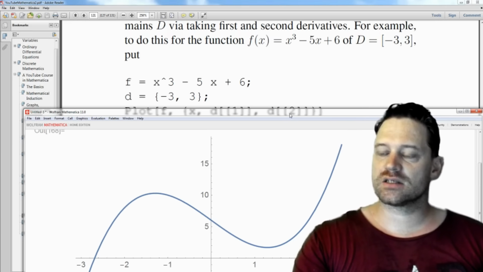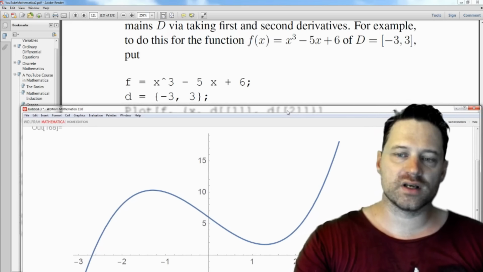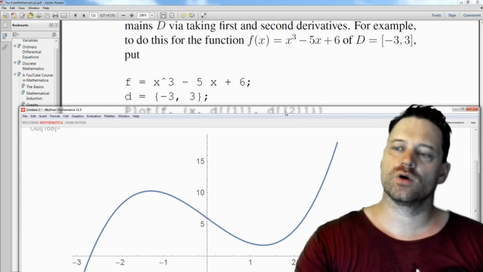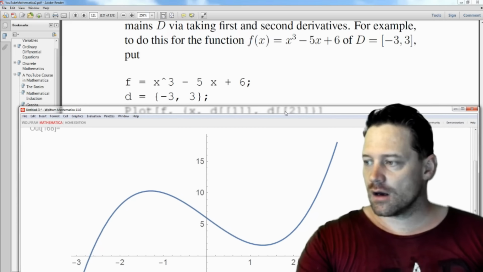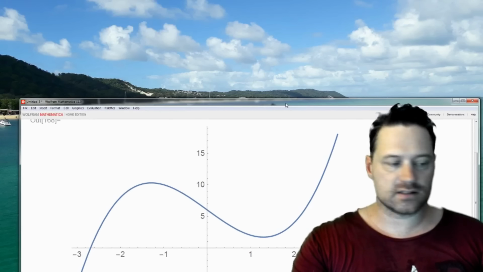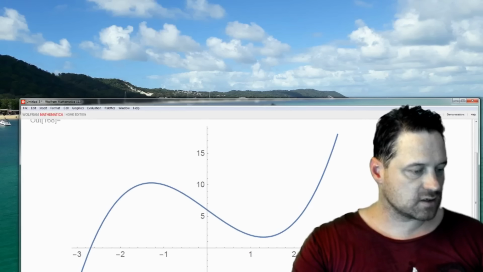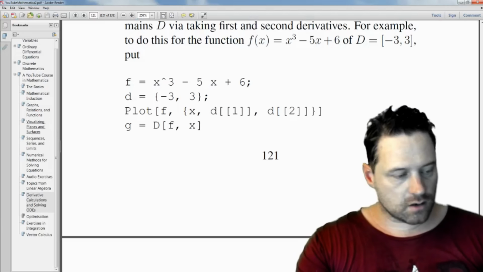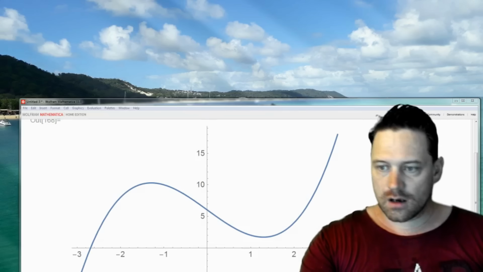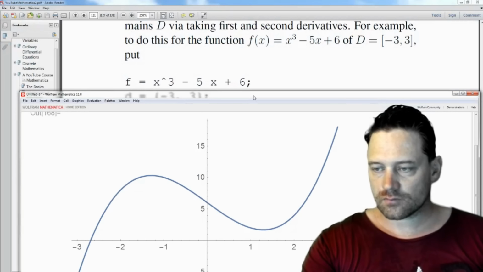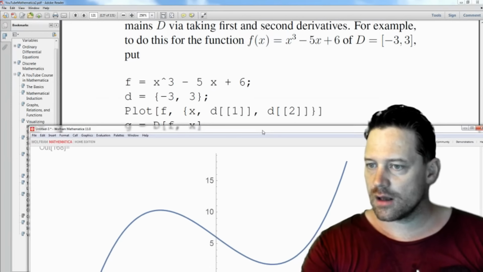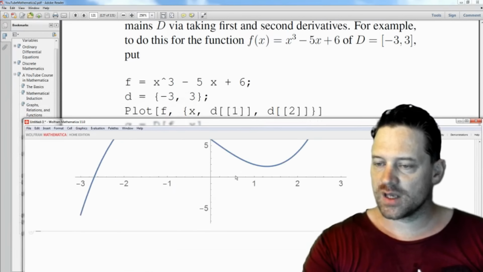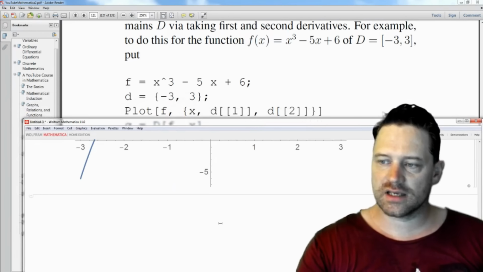But we cannot always do this by looking at a graph. You want to be able to do this by calculating. So we do that with calculus. Now the PDF has gone away, so I'll pull it back up. We don't necessarily have to follow the code that's given there. We've already got f in memory. So the next thing we want to do is